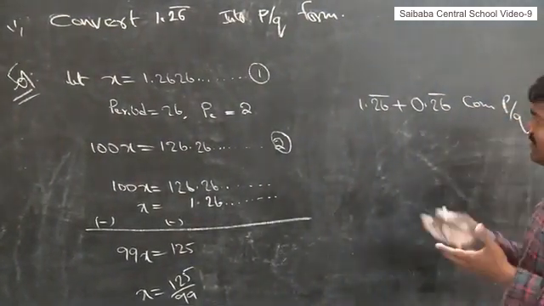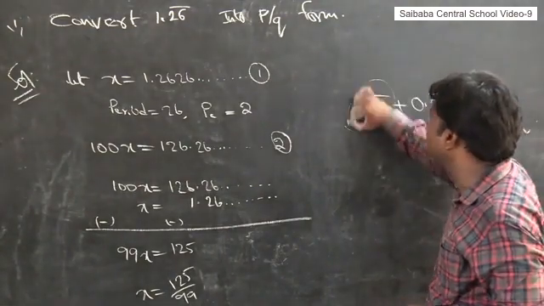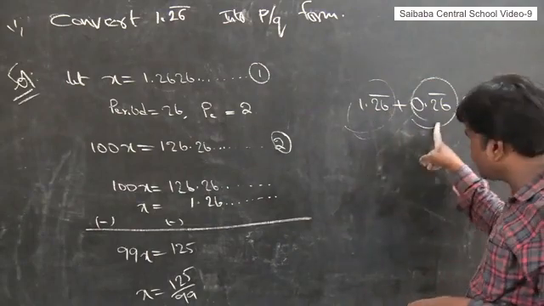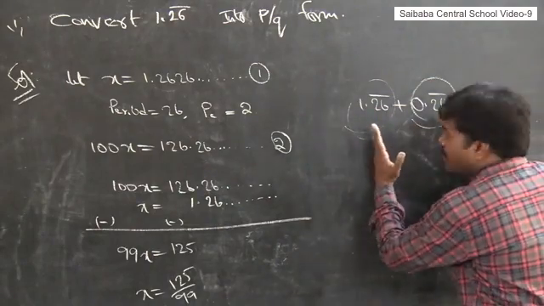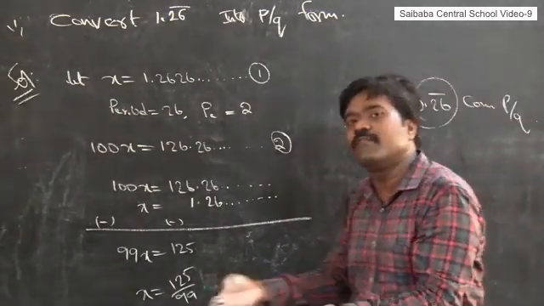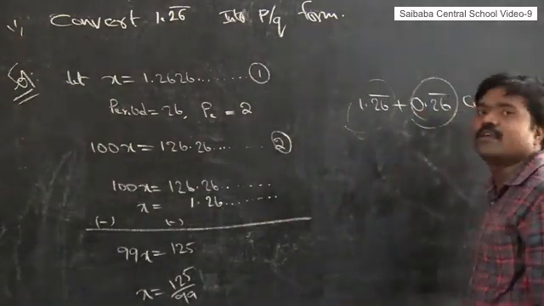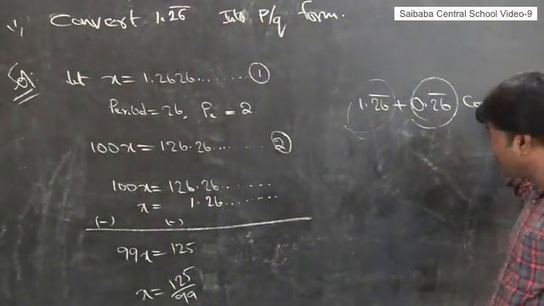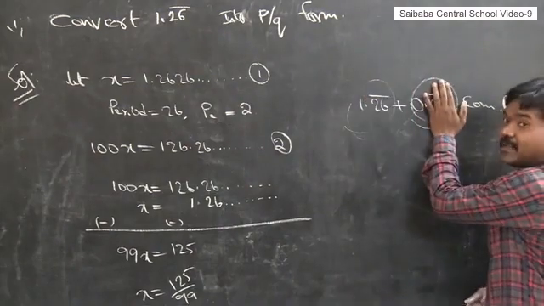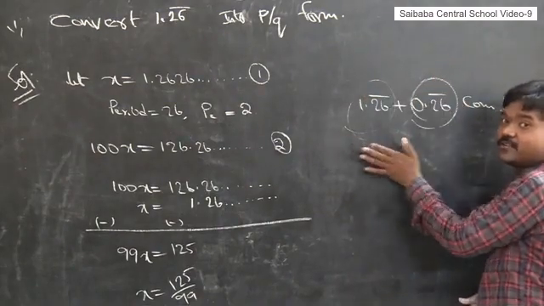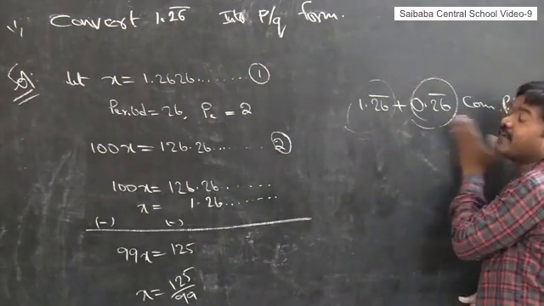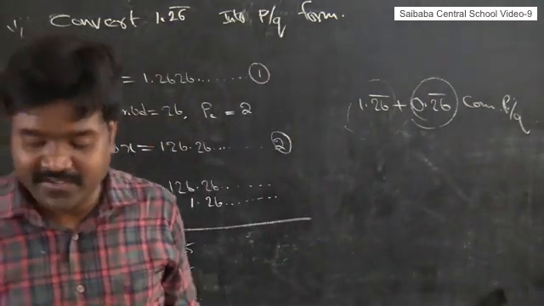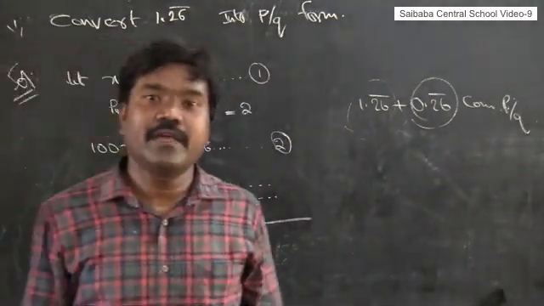What do we do? Here one question is there, and the second question is there. He is asking to add. First you write this in the P by Q form, and this also in the P by Q form. After both are in P by Q form, add. If needed, simplify by taking the LCM, as you already know. Then that is the final answer. This is a 4 marks question, given many times in this model. Two decimal expansions, two rational numbers are given, we need to convert each into P by Q form, and then finally add. It's a very important model. If you want to practice, these model questions are in exercise 1.3, question number 3. Okay, please, thank you.